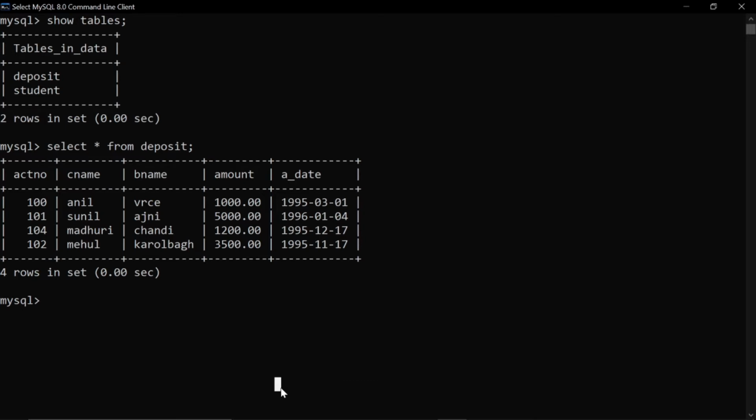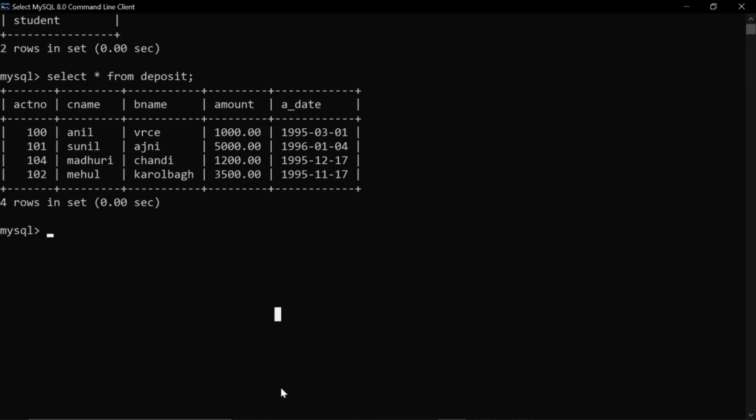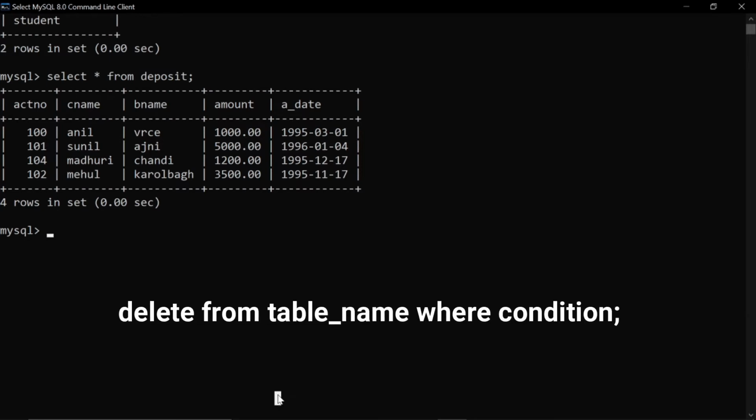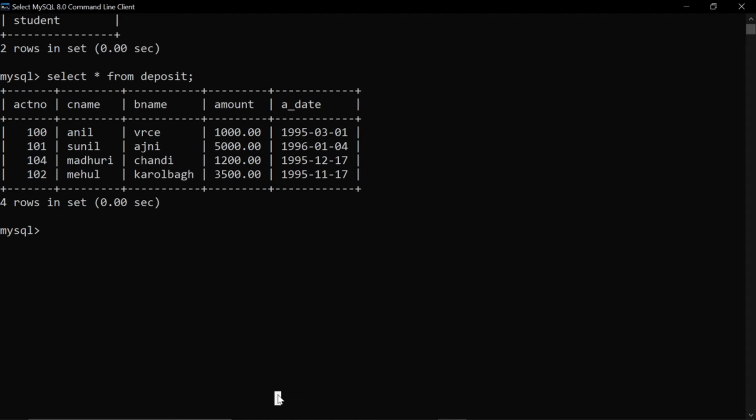But this is how we'll speak. If we want to write it in syntax form, there is a particular syntax we want to follow. The syntax of this command is delete from the name of the table, where the condition. Here the condition will identify which row you want to delete.